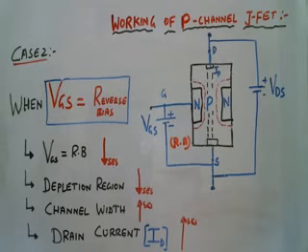Lastly, I conclude that the working of P channel JFET and N channel JFET are the same except for the change in polarities. In P channel it is positive type, in N channel it is negative type, and N channel JFET is preferred over P channel JFET, like NPN is preferred over PNP, because in N channel JFET the majority charge carriers are electrons, and in P channel JFET the majority charge carriers are holes. Since electrons move faster than holes, N channel JFET is preferred over P channel JFET.